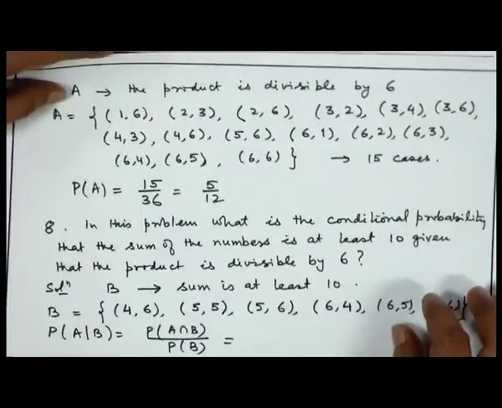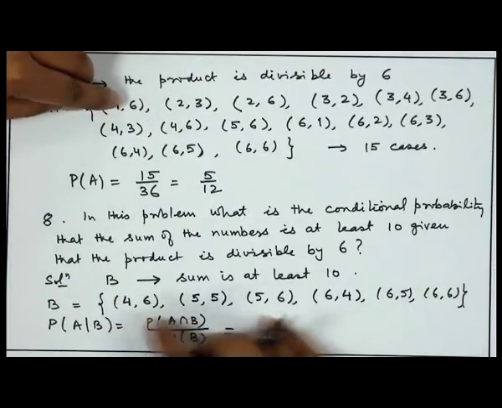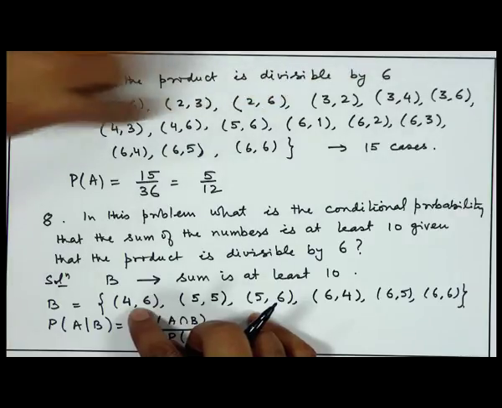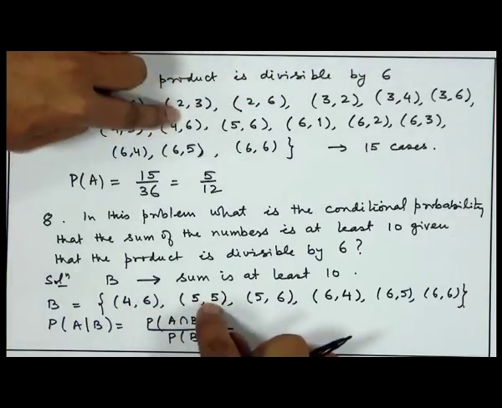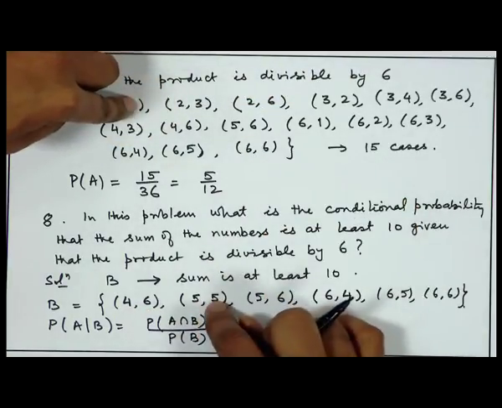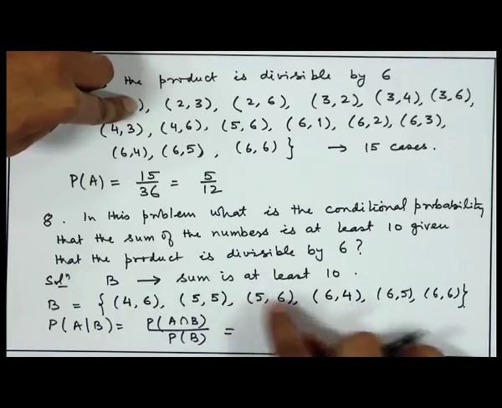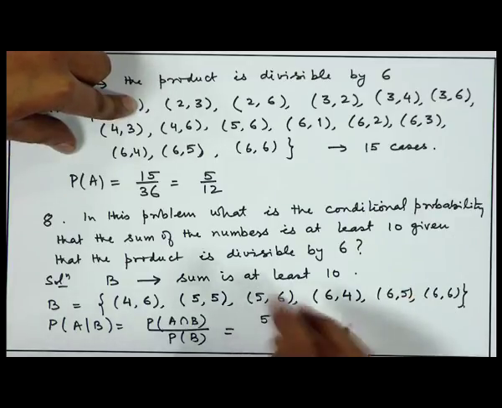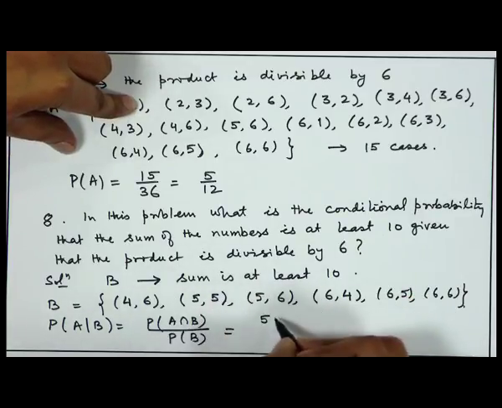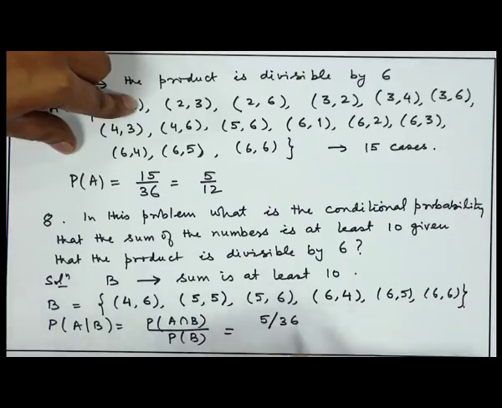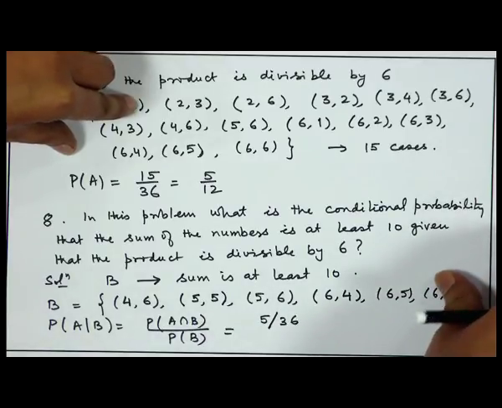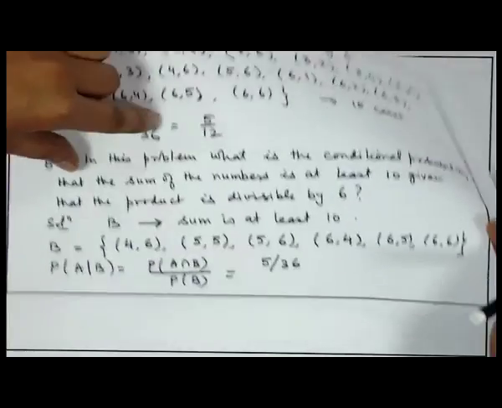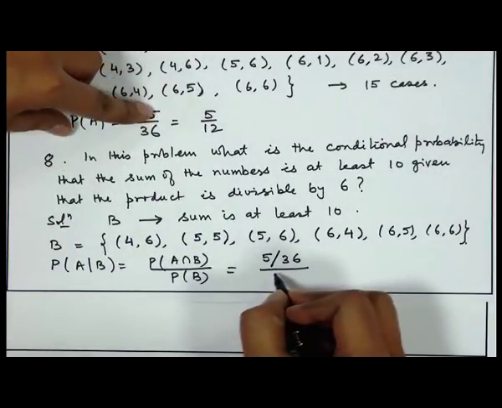So, let us look at this. 4 6 is here, 5 5 is not here, because this is not divisible by 6. 5 6, 6 4, 6 5, 6 6. So, out of these terms 5 terms are common to A. So, the probability of A intersection B becomes 5 by 36, and the probability of B is